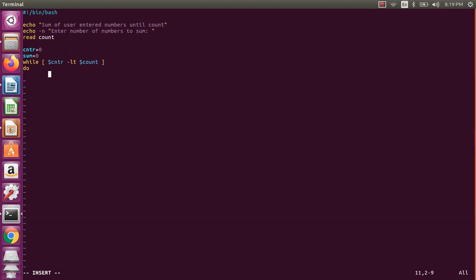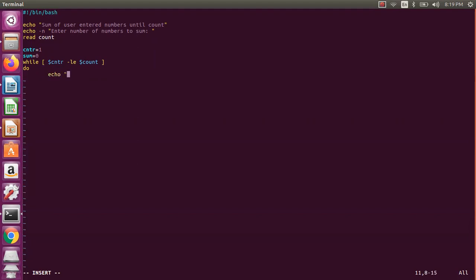So now I need to first take the count actually. We need to say counter 1. So I will take counter 1 actually, because we need to display like enter number 1, enter number 2. That's what we want to use as a counter also. So let us use counter as 1 actually. Then if you want to use counter as 1, I need to say less than or equal to.